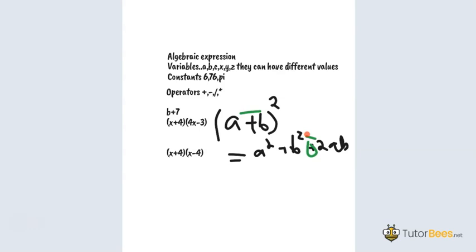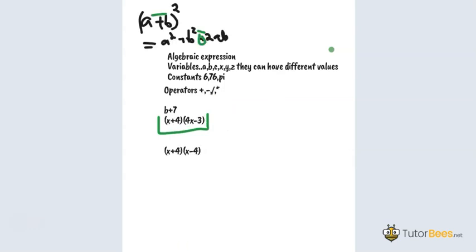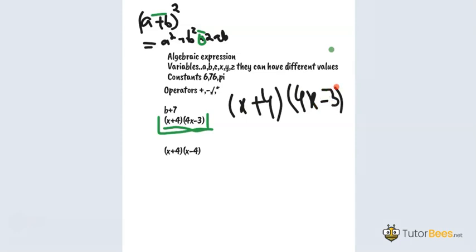Okay, but if the two terms which are being multiplied by each other don't have this form, like for example in the case of x plus 4 into 4x minus 3, we don't have this form now. So what we can do here is just simple algebraic multiplication. So for this, we are now going to do simple multiplication. How this multiplication is performed, let's talk about this. So x plus 4 into 4x minus 3. These are the two algebraic expressions, and these are being multiplied with each other.